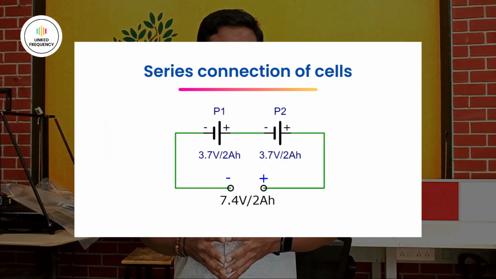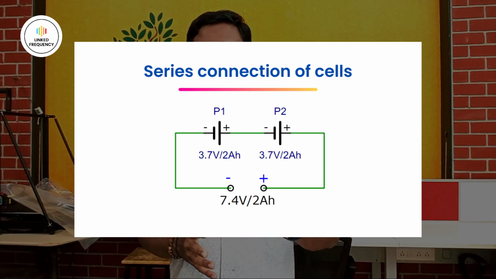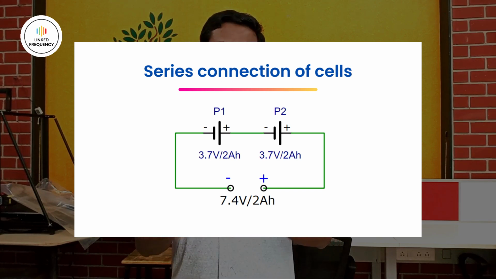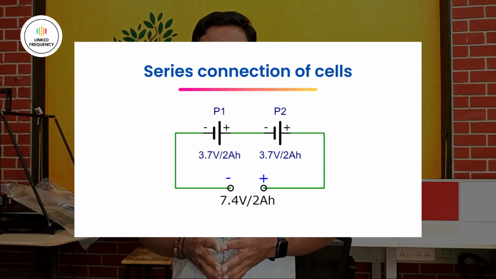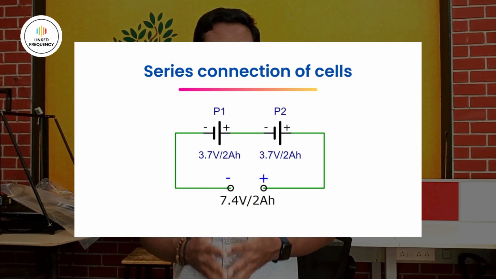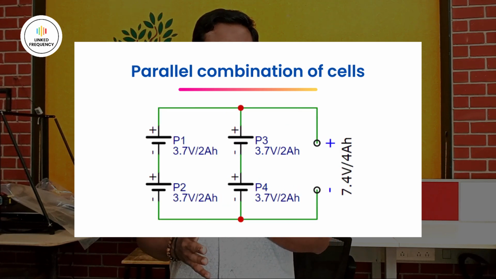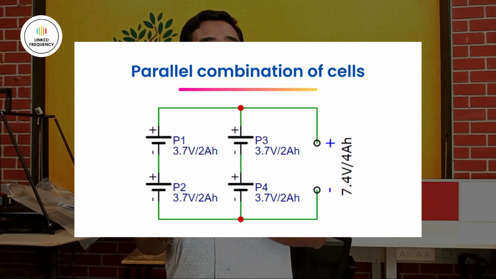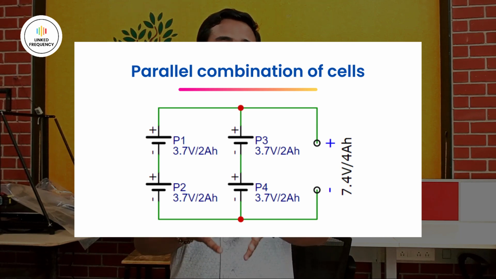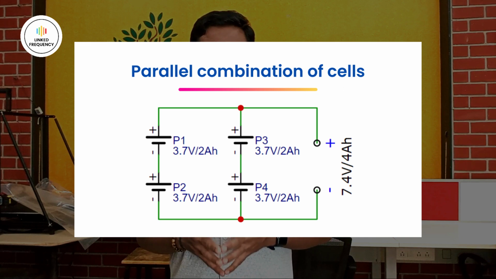First of all, to increase the voltage, we need to connect two cells in series, which is nothing but 3.7 volt plus 3.7 volt, which is going to be 7.4 volt. Now the same series connection of one more line has to be connected in parallel with this 3.7 volt series combination,